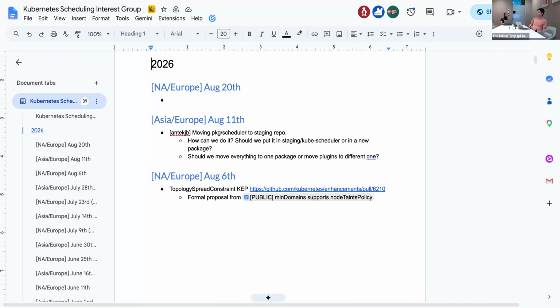Okay, so probably we can assume we will move it to already existing repository and move everything there. Then there is another question: should we move it all at once or part by part? Because if we would like to move it step by step, then there is a lot of cross dependencies between framework and backend.